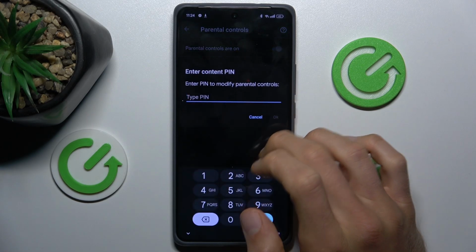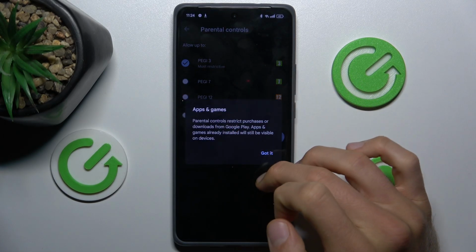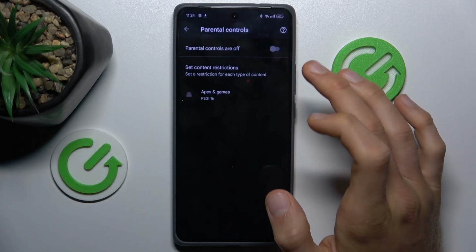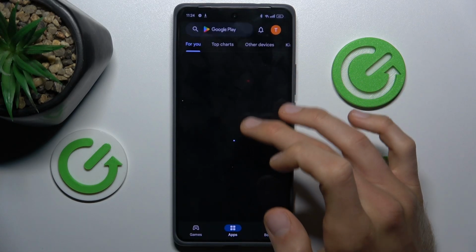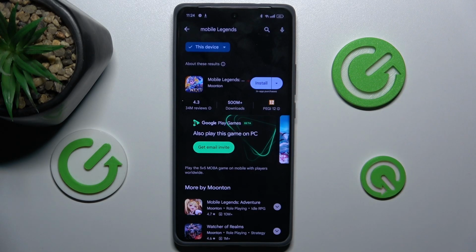To change it, tap on it, enter your Connect PIN, and tap on PG16, confirm with Got it, and Save. Or you can also turn off your parental control with the switch. And that's all. We can go back and try searching for Mobile Legends again, which is visible right now, and